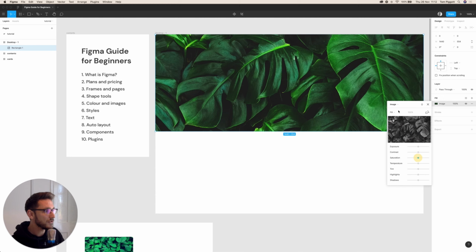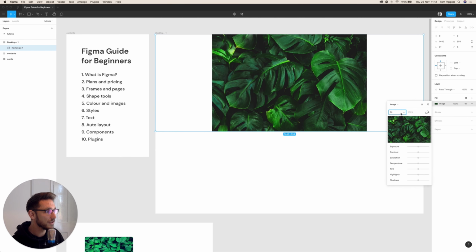If you decided you didn't want this to fill and you wanted to sort of give it a different ratio inside, you can select this drop down and you can choose fit, so it's going to fit the entire image that you've got inside your frame, or perhaps crop. And now this is going to let you choose sort of two controls to cropping. So we can crop the frame that it's being cropped to, and we can change the image in the background. So if we wanted to only show this image up to about here, we can just drag that in,